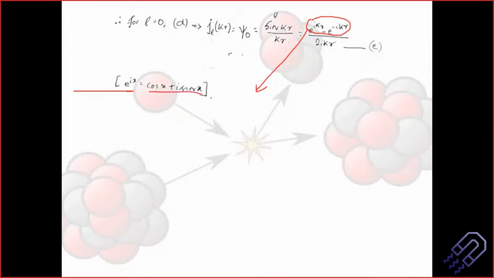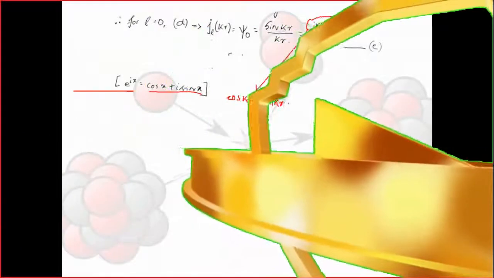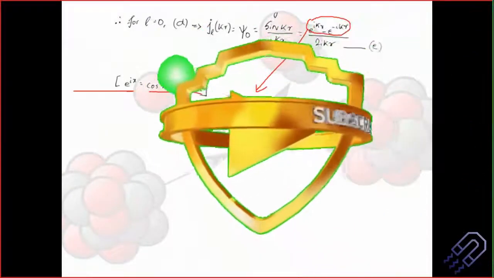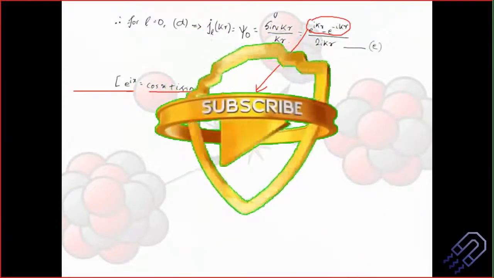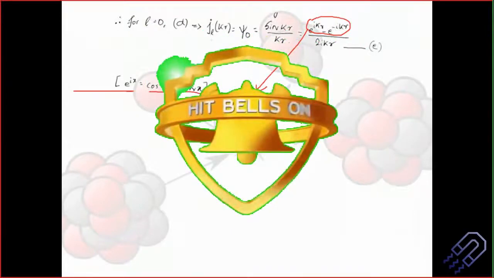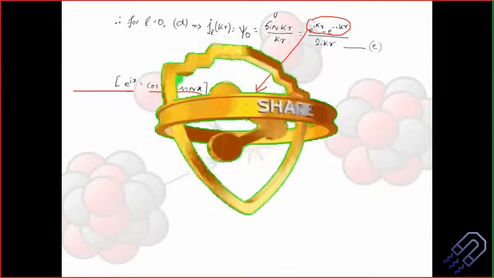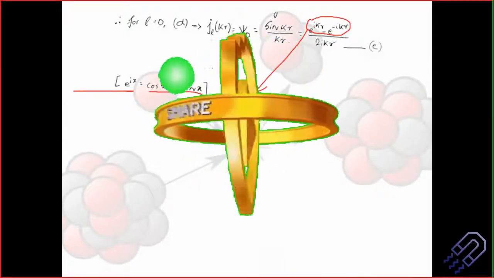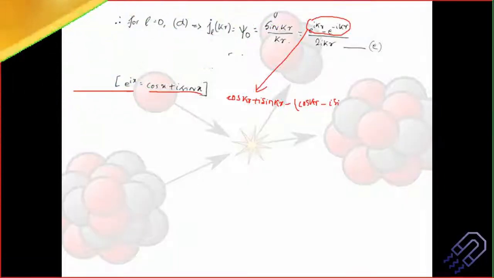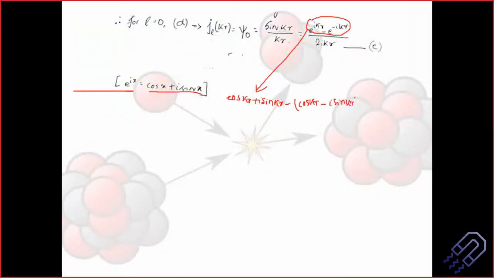So can we just change it here? Yes, we can. So e to the power iKr can be written as cos Kr plus i sin Kr, right? So this is simple. And then there is a minus sign, and e to the power minus iKr can be written as cos Kr minus i sin Kr, right, divided by, of course,